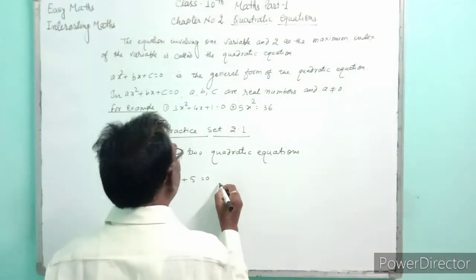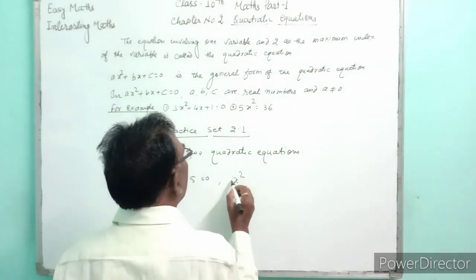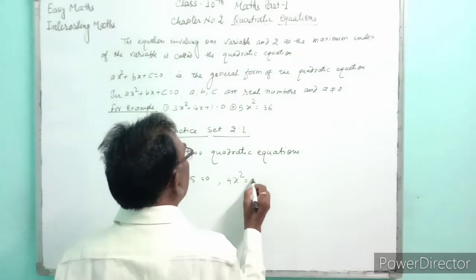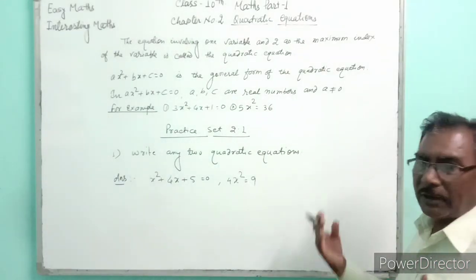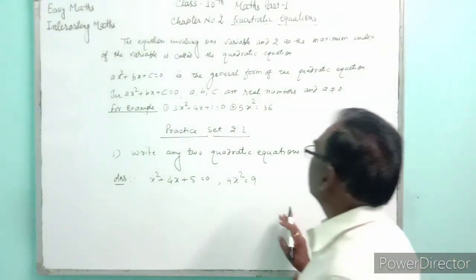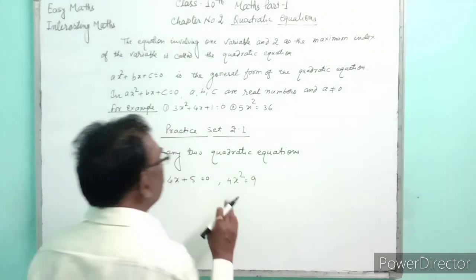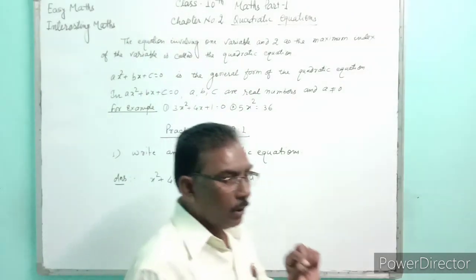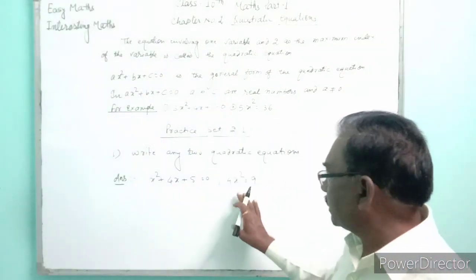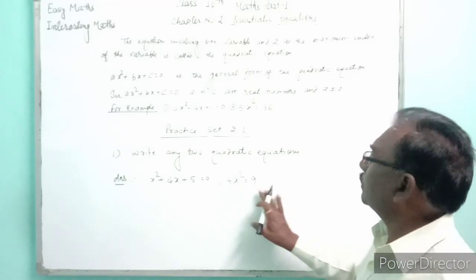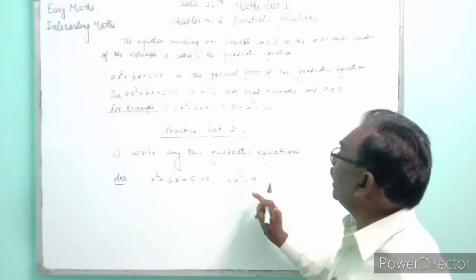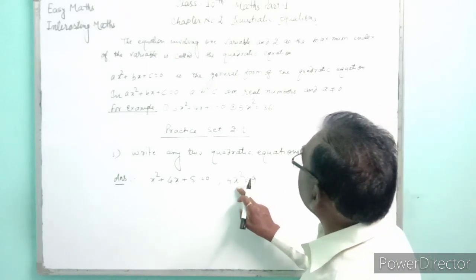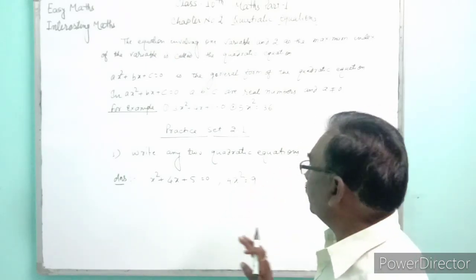Second, 4x square is equal to 9. This is also a quadratic equation. But why is it a quadratic equation? I have written this quadratic equation, I say this is quadratic, but why? Why is it a quadratic equation? Because